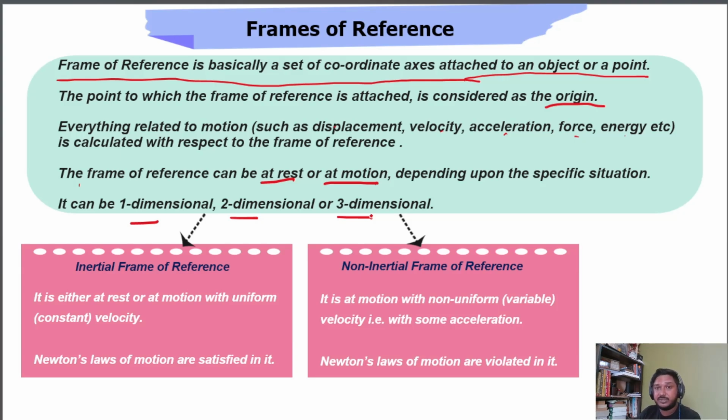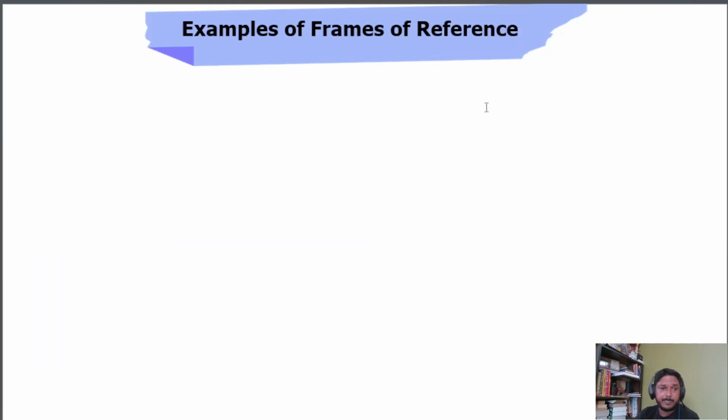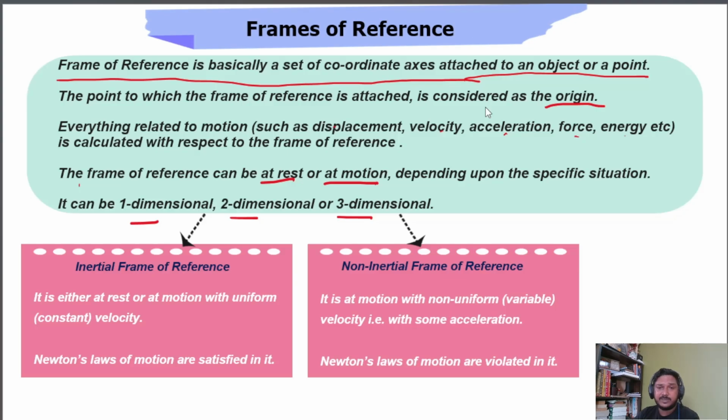And the three dimensional reference frame will be used to explain three dimensional motion, where the motion is happening in space and we require three dimensions to explain that motion. So that is basically all about the frames of reference,